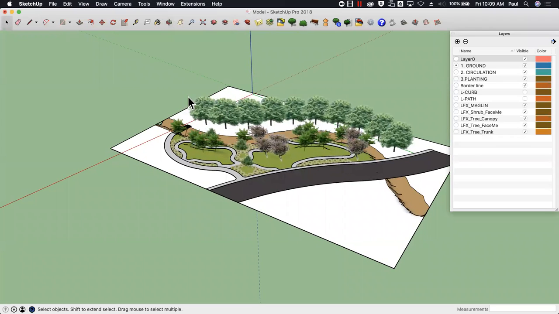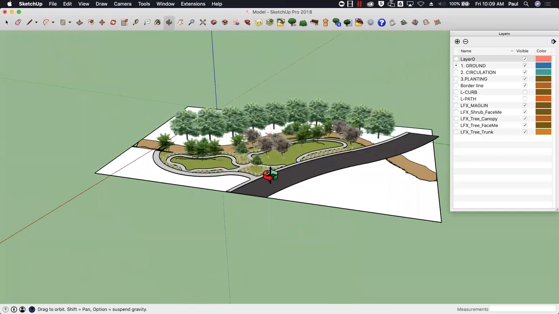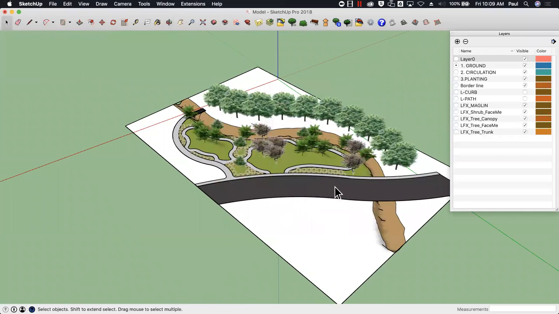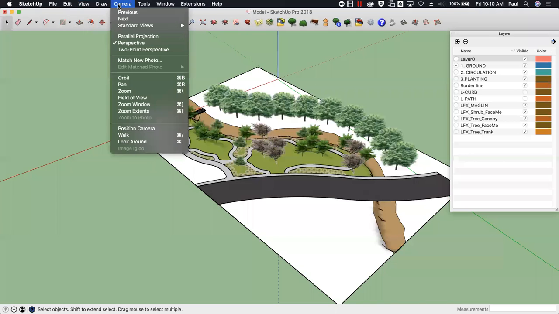So you can rotate and have the different isometric views depending on what rotation you have. I like this view here. It's pretty close to getting those angles for my axes. So I'm going to rotate my drawing as close as I can to the point that I actually want to show it. Once you get that done, go to your camera dropdown